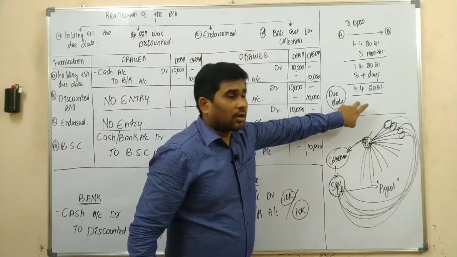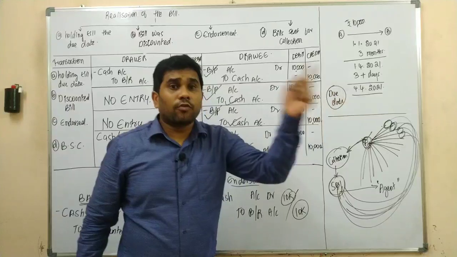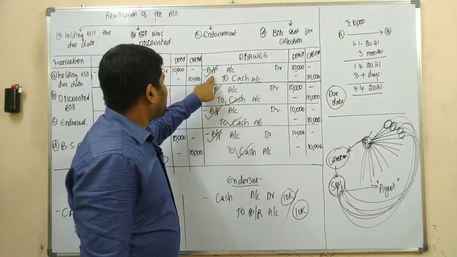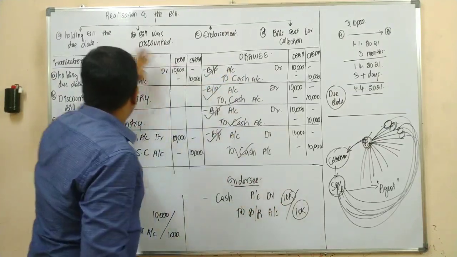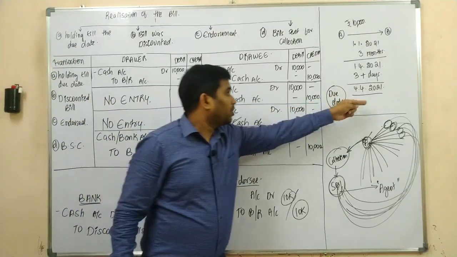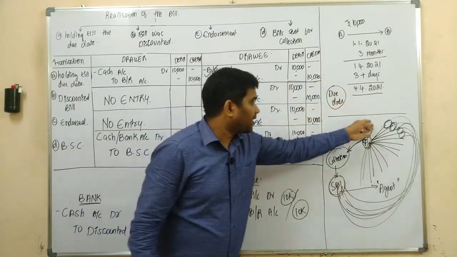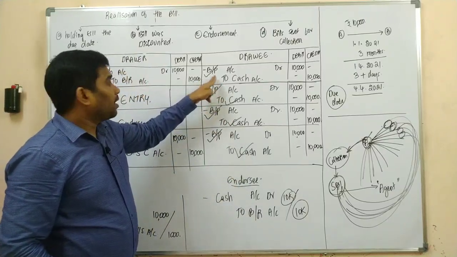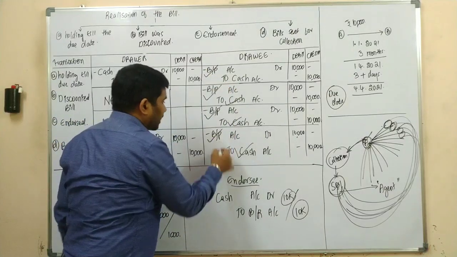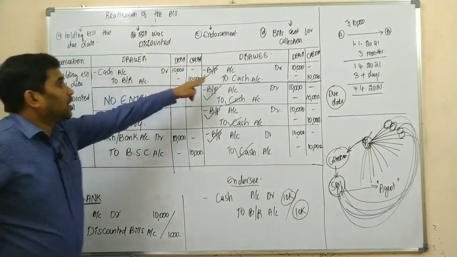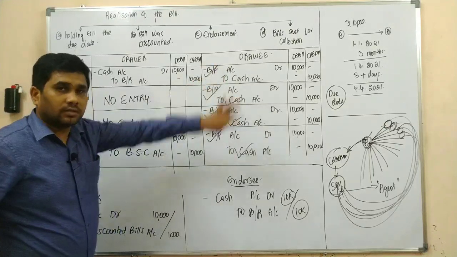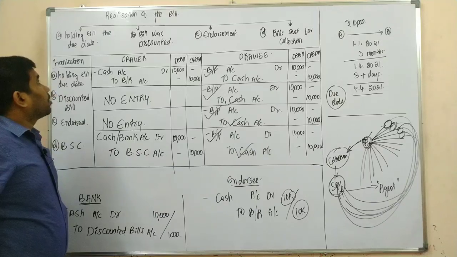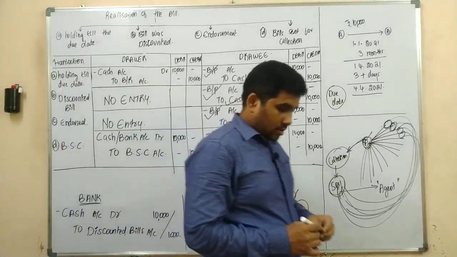On due date, upon payment of money, the journal entry in the books of drawee would be bills payable account debit to cash, whatever could be the case, because on due date he is only liable to pay the amount, and he is paying the amount. The journal entry would be cancellation of bills payable and payment of cash. Whatever could be the case, the journal entry would be bills payable to cash. That's it. Bills payable account debit to cash. So this is about your realization of a bill under various